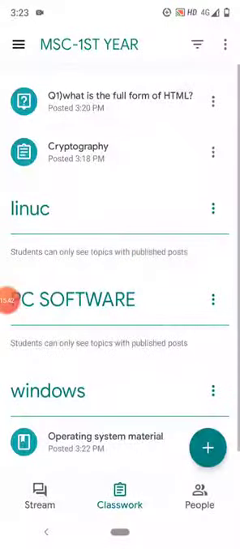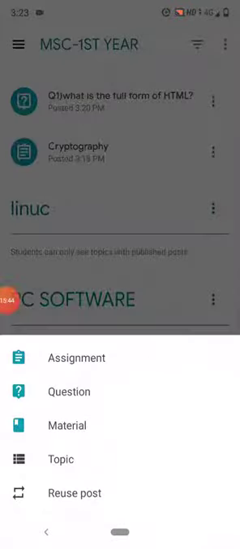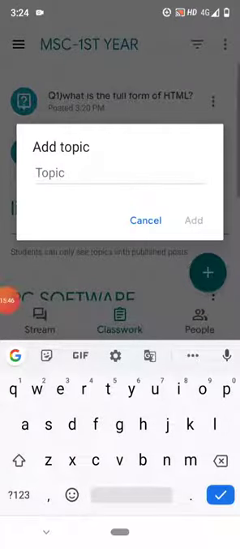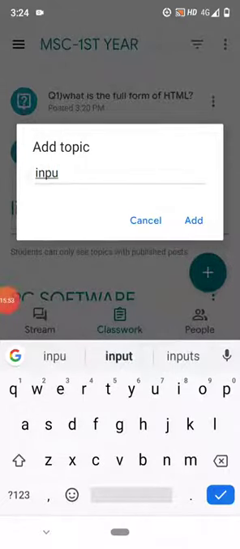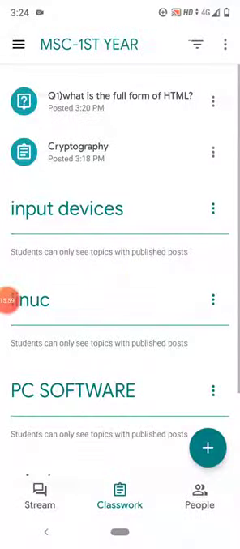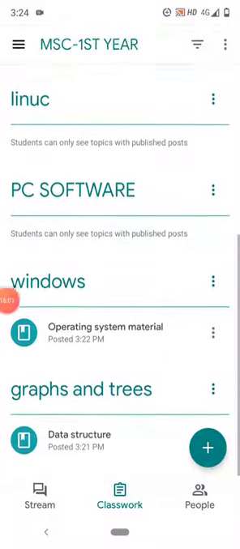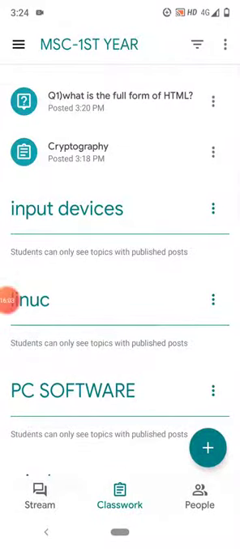If you want to add more topics again, press the plus icon, topic, you can add input devices, click on the add button. In this way, many topics have been created and you can share the materials under these topics also.